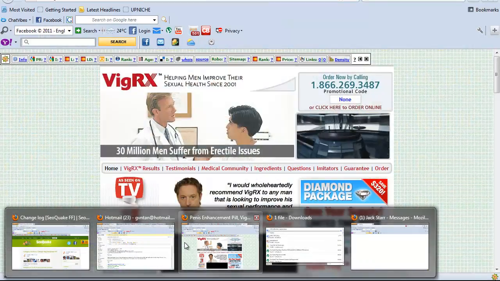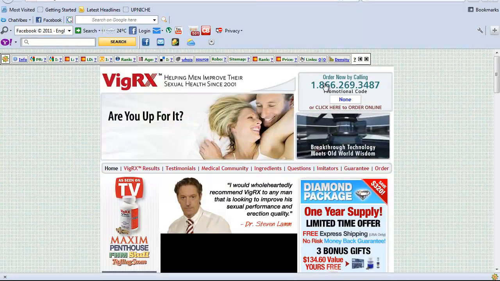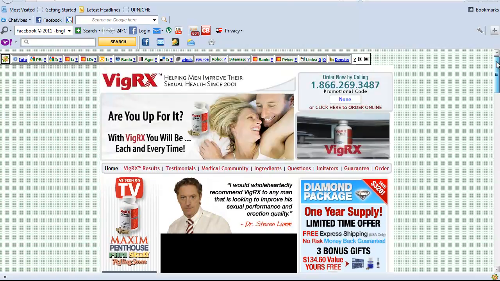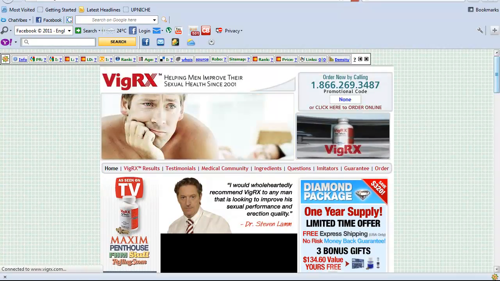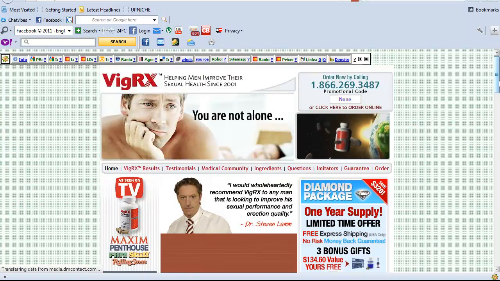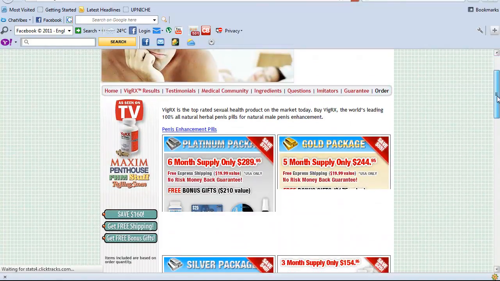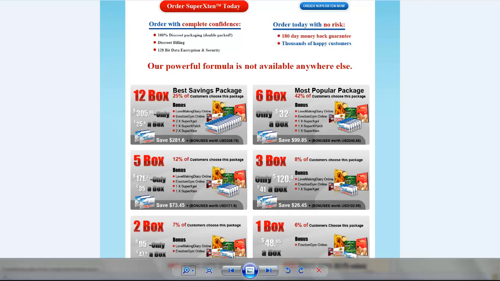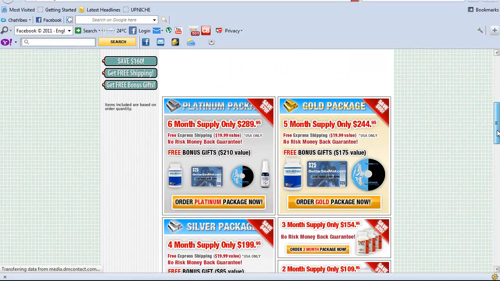Now I want to do this to explain to Amitabh. Okay, now you see the same thing like us. They can choose the packages. Let's say they click on order now. Then they choose the package. It's the same like this. They choose the package. So after they choose their package, it will pop them to the other page.